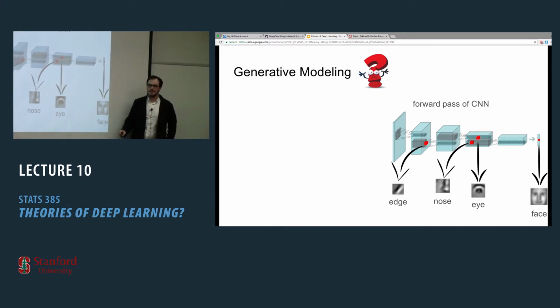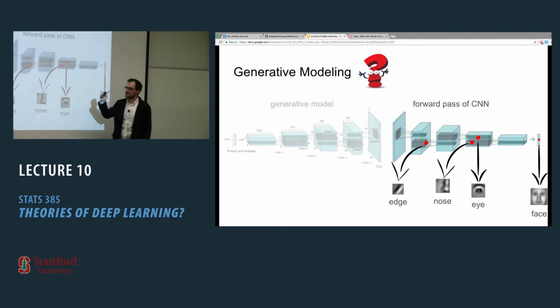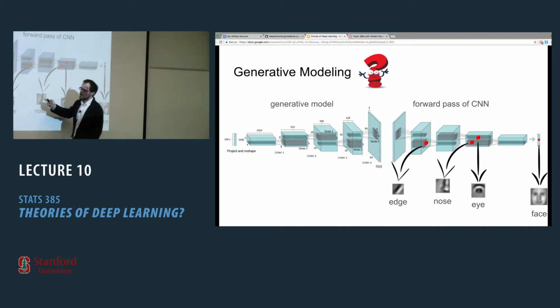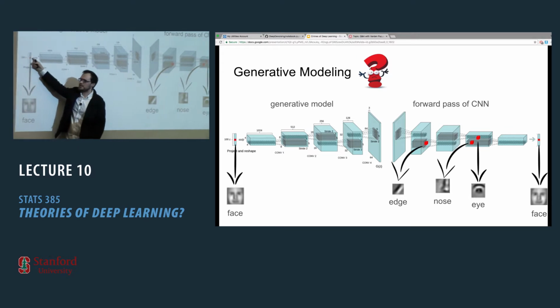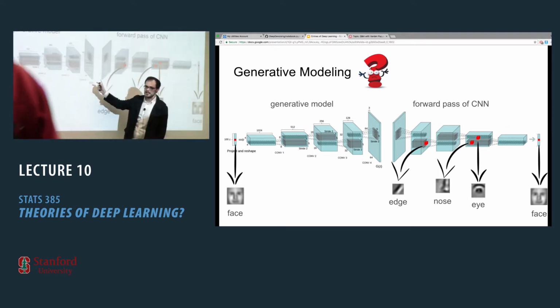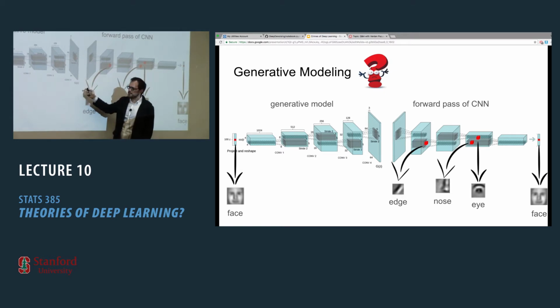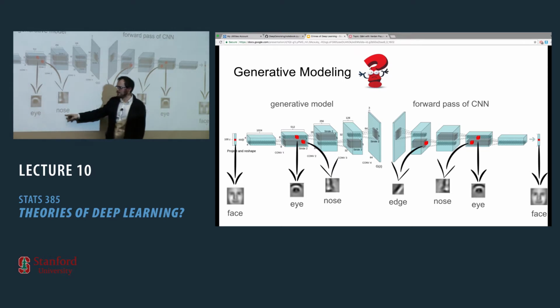Now, when I say a generative model, what I mean intuitively is basically flipping this whole thing. So something that looks like that. So you would start with a vector that should encode a face by putting here a certain non-zero entry. And then you would multiply by certain matrices, apply certain operations to create three-dimensional volumes that would correspond to eyes and noses.